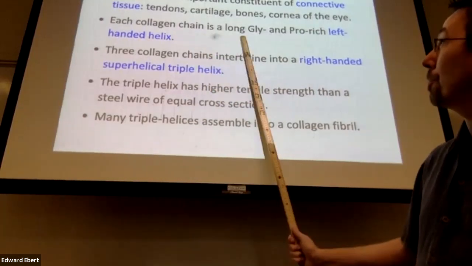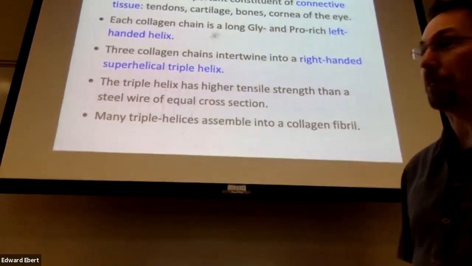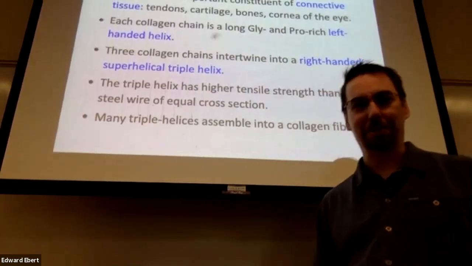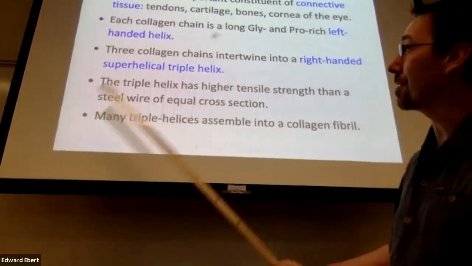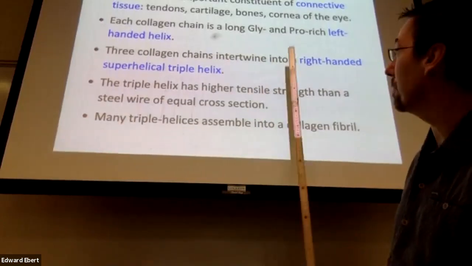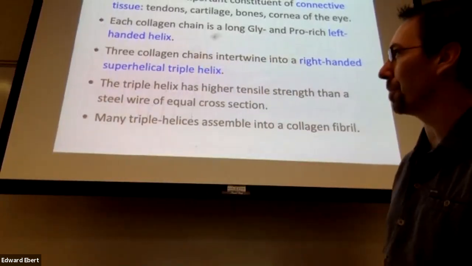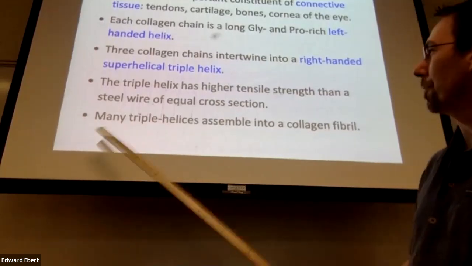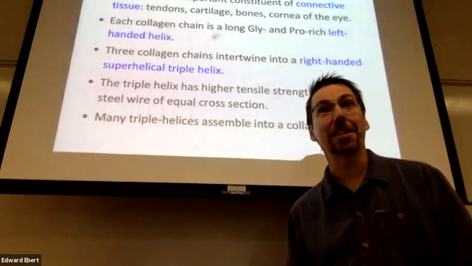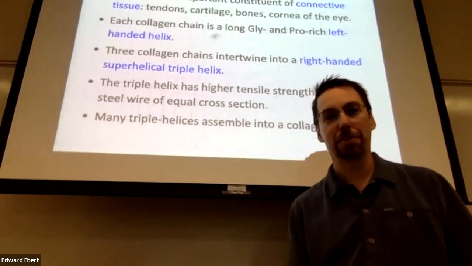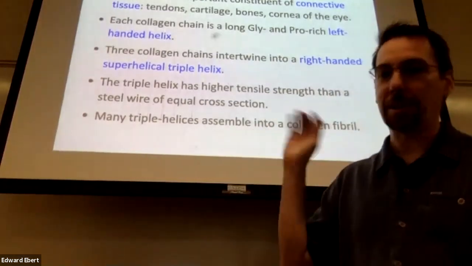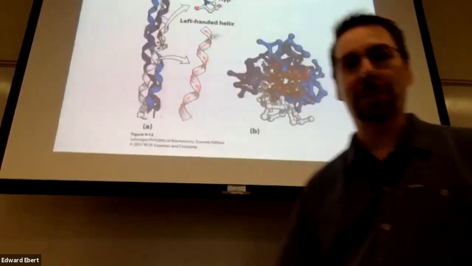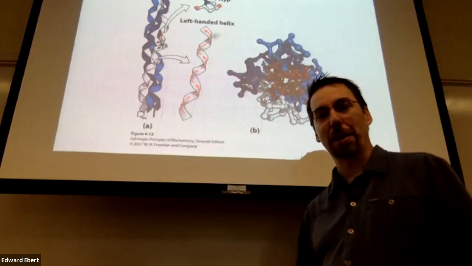So we have this long glycine proline-rich left-handed helix. There's lots of prolines in here, even though we have alpha helices in here. We take these three collagen chains and intertwine them into a right-handed superhelical triple helix. It's not just a helix, it's a triple helix. It's got a really high tensile strength, so it's stronger than steel, so you can go out and punch buildings and knock them down. No, okay. But if you get a bunch of these triple helices, they will assemble into a